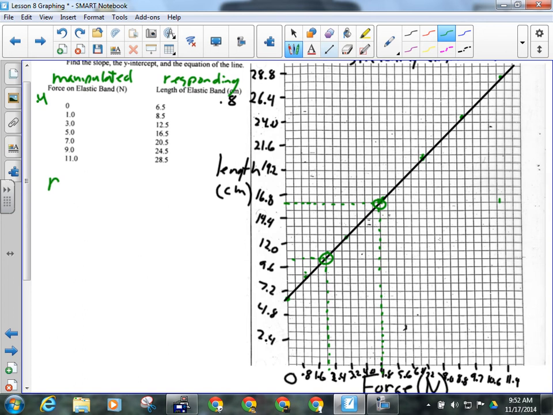So to use rise over run, I'm going to have my y2 minus y1 over x2 minus x1. And so that's going to be y2, which is 16, minus y1, which is 10.4, over 4.8 minus